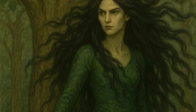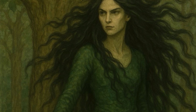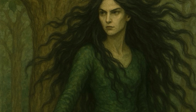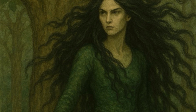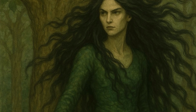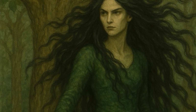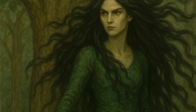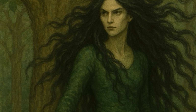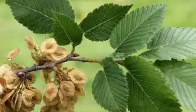Hello, this is Ariadne Rainbird, and I'm going to be talking about the elm tree and the elm tree spirit now. The elm tree has a Latin name, Ulmus campestris, which is the English elm, or Ulmus glabra, which is the witch elm. It can correspond to the Ogham alim, which also is sometimes given the correspondence of silver fir